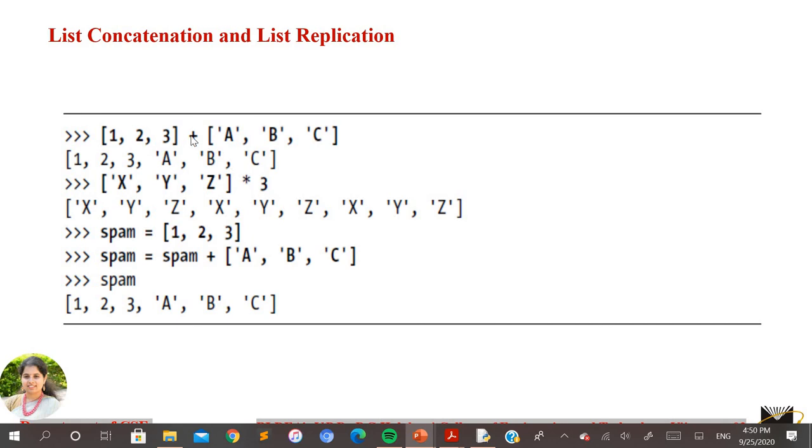What you need to remember here is, if you use the plus operator between two lists, it is going to combine or concatenate the elements from both lists into a single list. In the same way, if you use the star operator between a list and a number, then it is going to repeat the elements of that list the number of times you have taken. I'll leave this to you to experiment by yourself. It's a very simple way where you can try it with any random example.